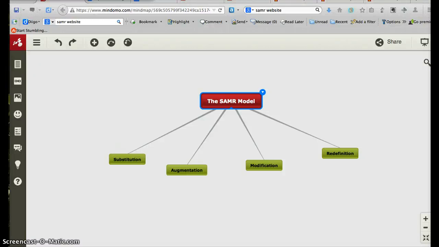In this tutorial for Mindomo, we'll learn how to add other things besides text and color to our mind maps. Let's start with notes. I can add a description of what the SAMR model means by clicking on the first